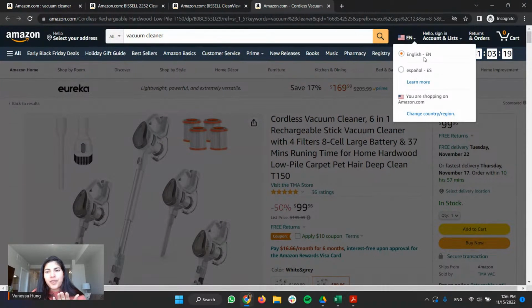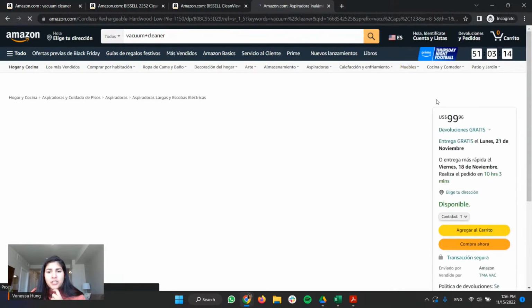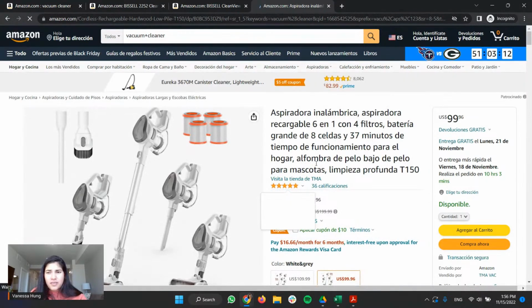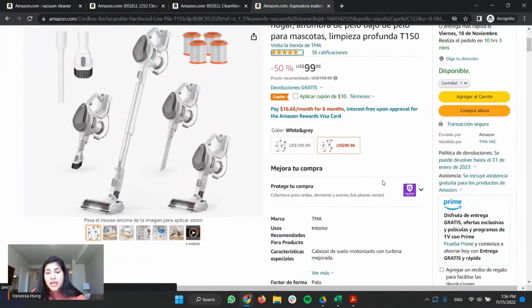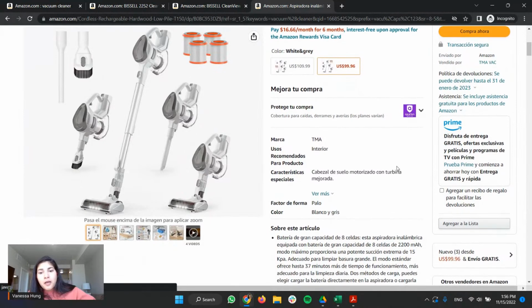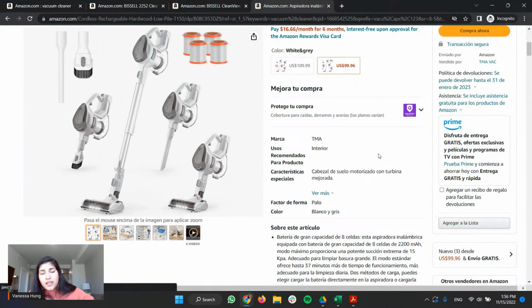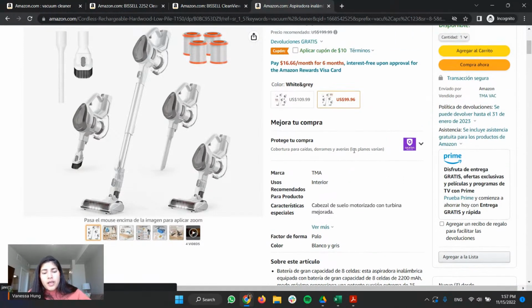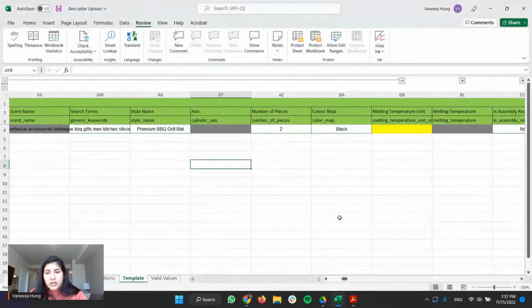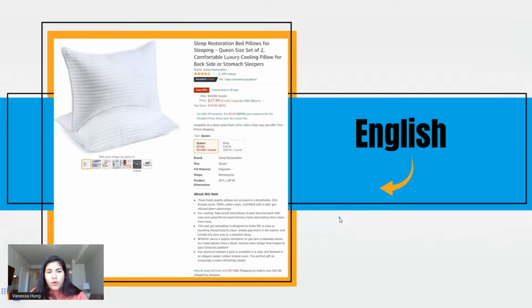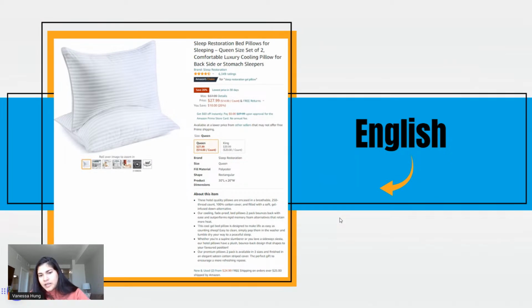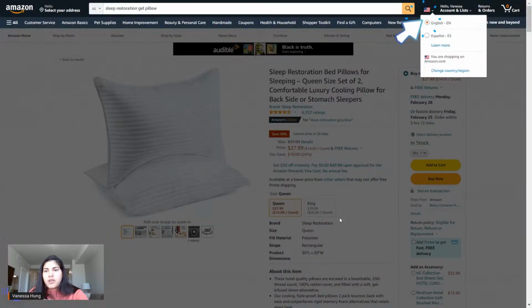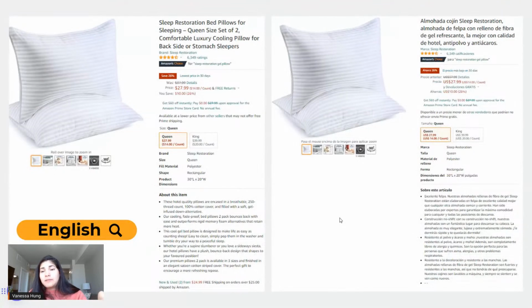As you can see here, I am now browsing in English, but I could toggle and click Spanish, and everything changed to Spanish. So what this means is that things must be optimized for the Hispanic market to buy, right? And one of the biggest reasons is that they account for, this is what I was showing you. How can you see the English one? I already showed you that. So English, then toggle down to Spanish.